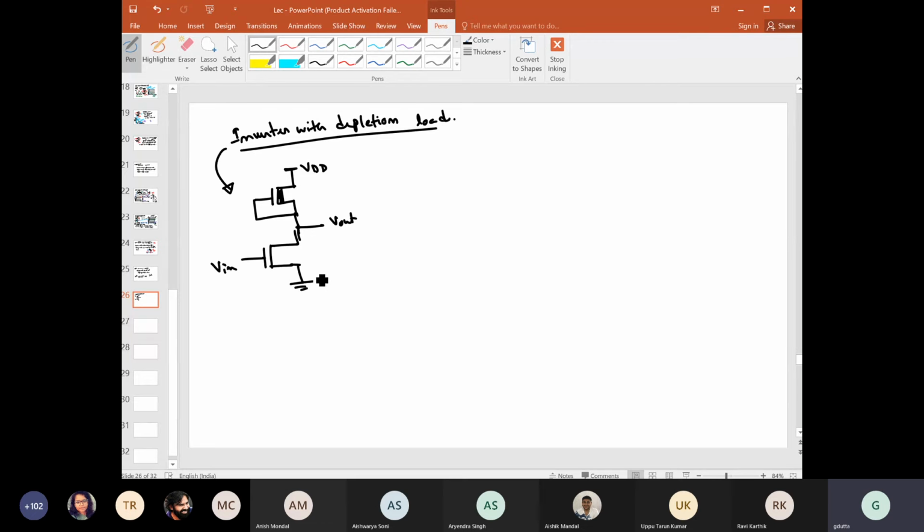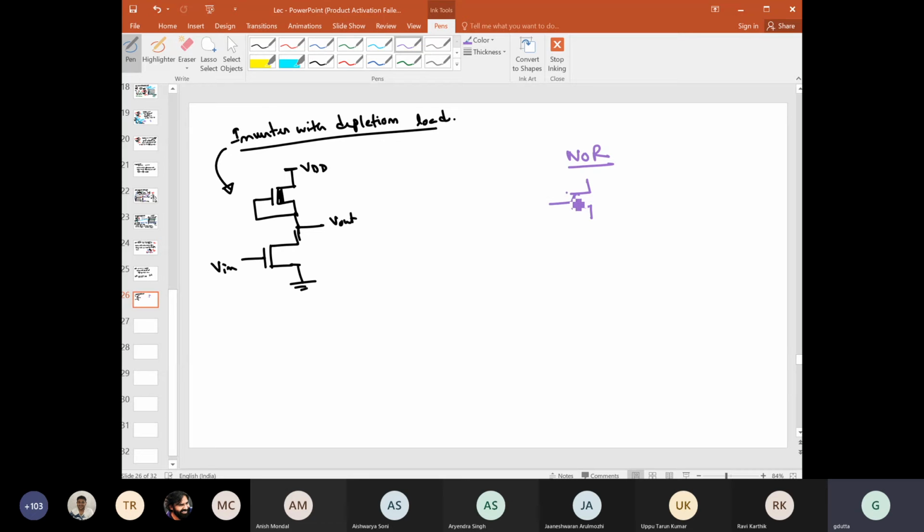It's fine, right? But suppose I ask you, using the same technique, you need to implement the NOR gate. So can you please guide me? What should I do? Using the same technique, I have to make a NOR gate. So, connect NMOS in parallel, with another NMOS as the load from V out itself. Right, so it is straightforward.